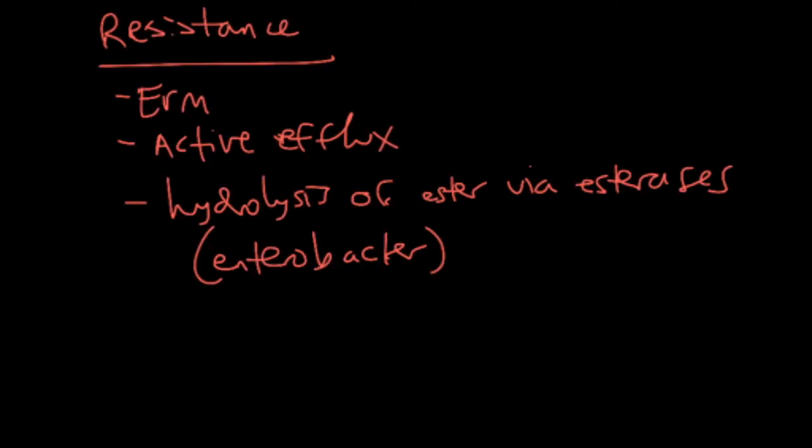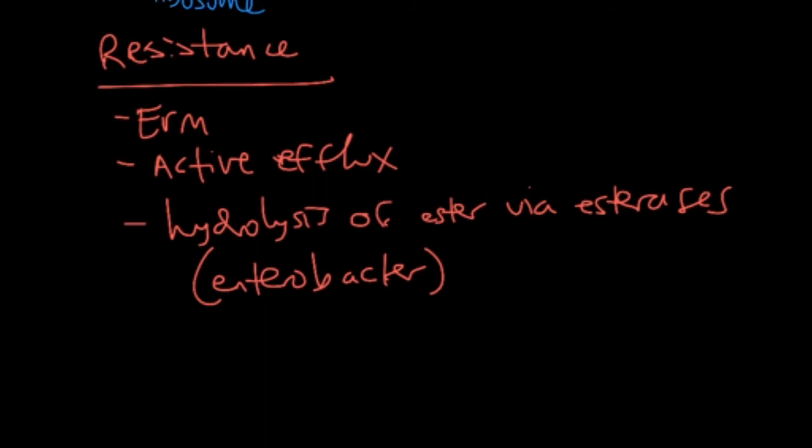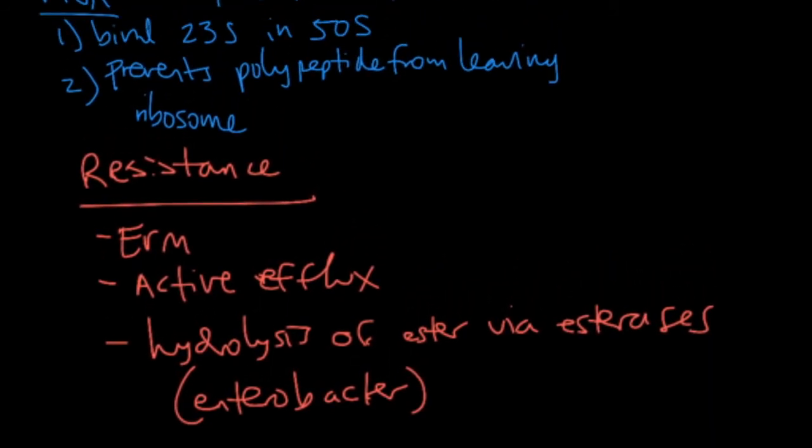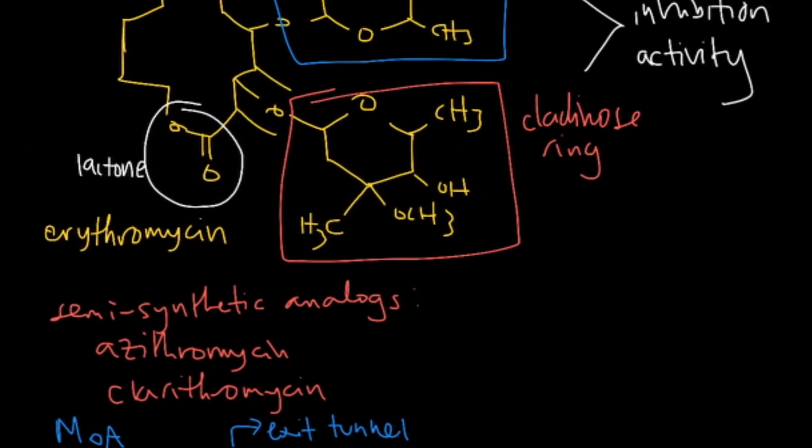So there's three different resistance mechanisms that bacteria have developed. There's the one which we talked about earlier. There's active efflux. They use energy-dependent effluxing or pumping of the macrolides out of the cell. And there's hydrolysis of the ester by esterases, which happens in the Enterobacter family? Genus? Family? I don't know. Anyways,